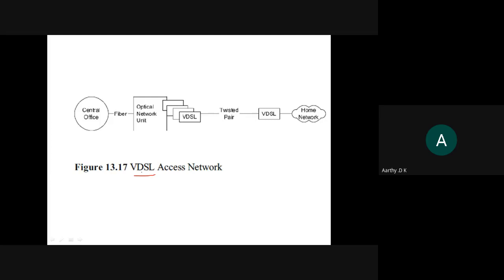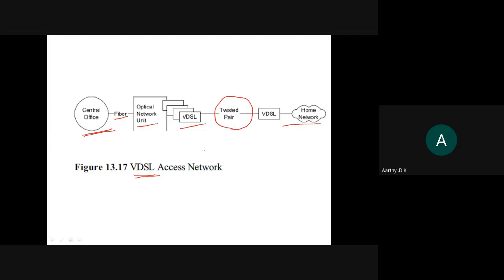If the person is in a remote place, the service provider, that is the central office, will use optical fiber cable, which gives much more speed. Through the optical fiber cable they connect the VDSL, which is connected to your home network using a twisted pair cable.